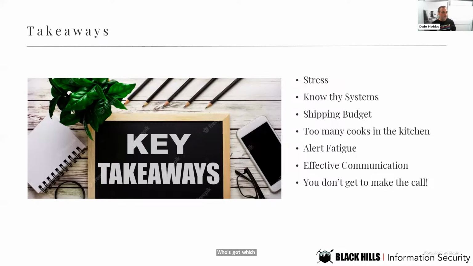Alert fatigue as well. Between December 1st at 6 in the morning and December 2nd at 6 a.m., a 24-hour period, there were over 230 email alerts. 238 email alerts indicating the problem. Nobody dealt with that problem, right? So it got jumbled in with a million other alerts. Maybe the security guy's busy doing his other job. So make sure you take the time to tune those alerts to minimize the alert fatigue.